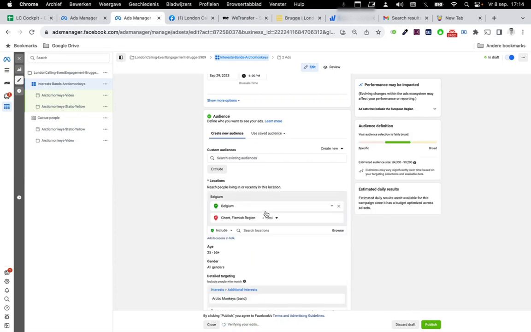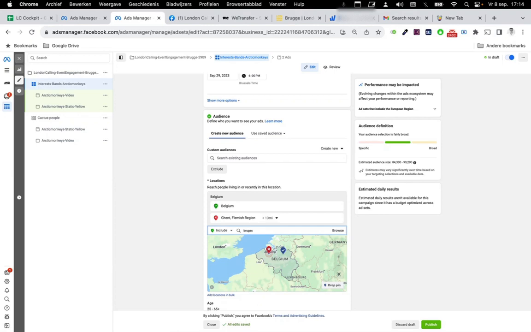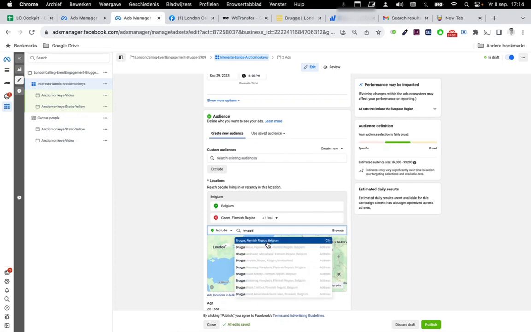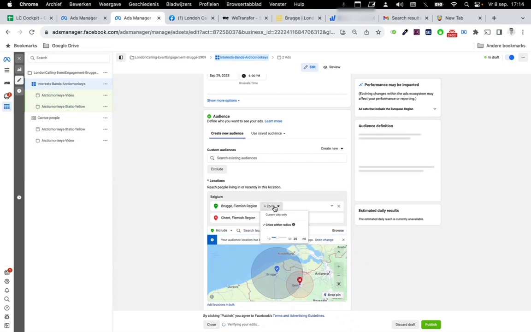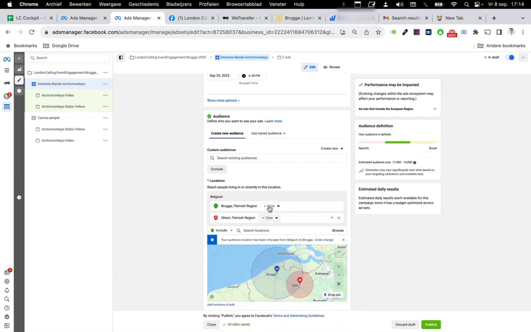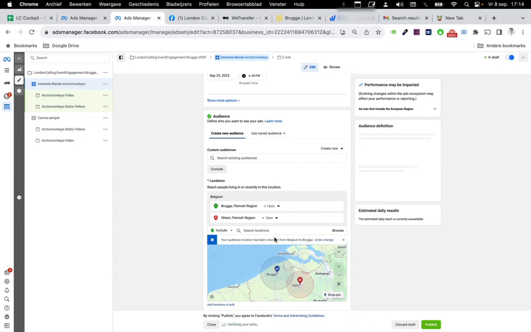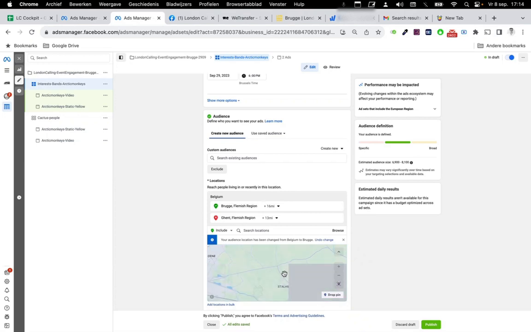Yeah, we're going to target Bruges in it. Yeah, something like this. No, not something like this. It's a bit too much. Something like that. It's not big cities, like people not going to leave to go to Bruges for that. Yeah, maybe Ostend. People go to Bruges from Ostend. There's nothing to do in Ostend. So,